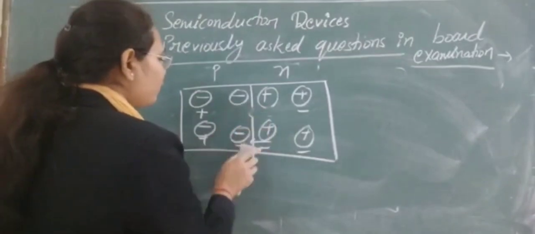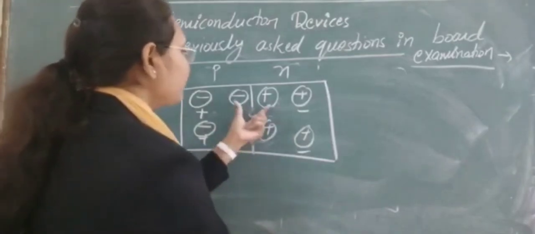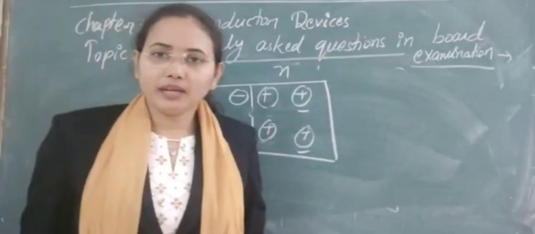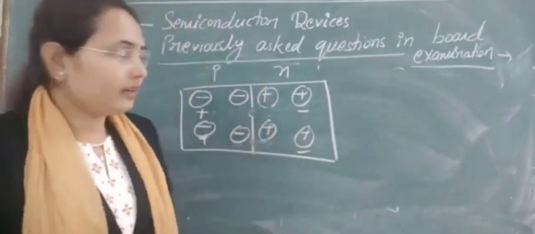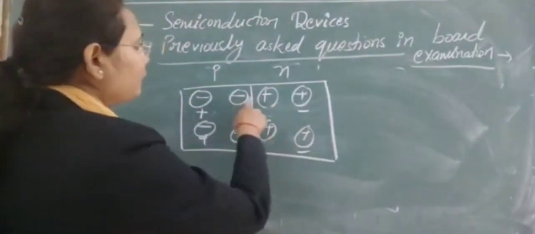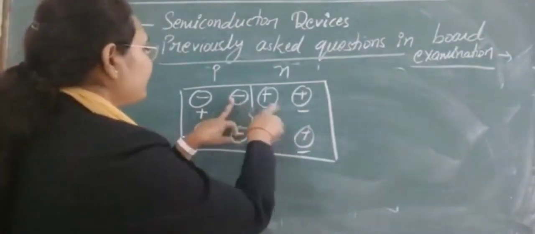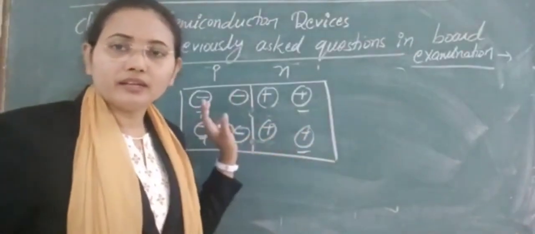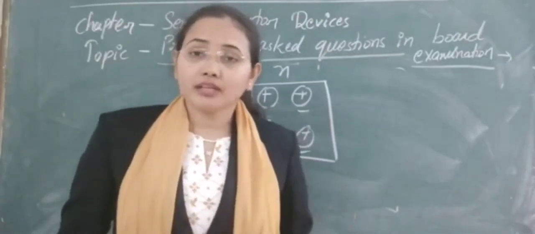So whenever it occupies this position of a hole, these atoms will be converted into ions. And now you know that ions are immobile, so these ions will accumulate at the junction. After accumulation, these ions will start to repel other electrons from moving further. Like this negative ion will repel this negative electron from moving there. So no further recombination will take place, and no further conduction will take place.